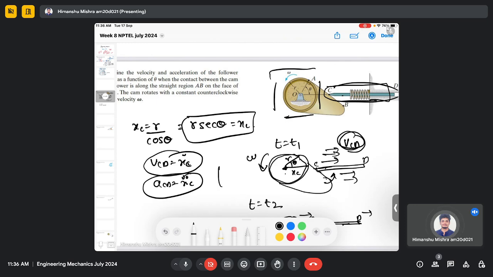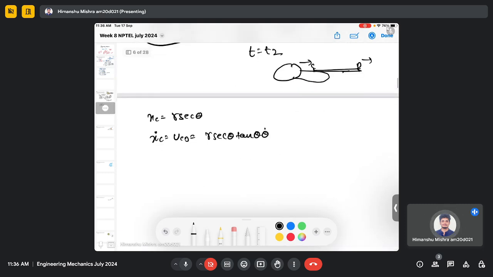If I make a Cartesian coordinate, this is my xc and this is my yc, and x is the horizontal direction, and x dot will be the rate of change in this horizontal direction, which is actually the velocity of CD. If I differentiate this expression again, I will get x double dot CD, which is the acceleration of bar CD, and it will come out to be r sec theta tan theta theta double dot